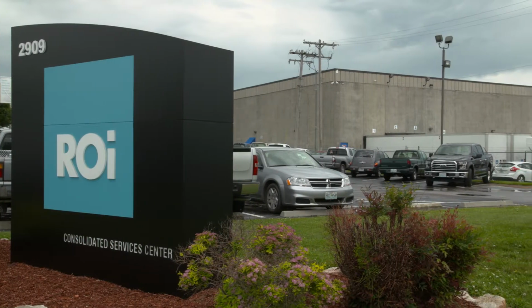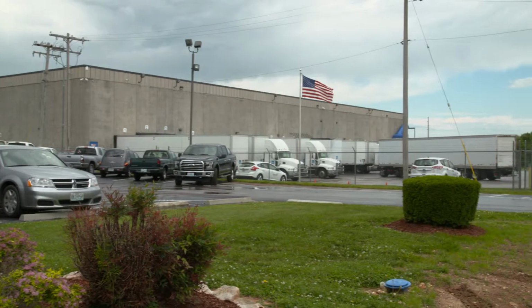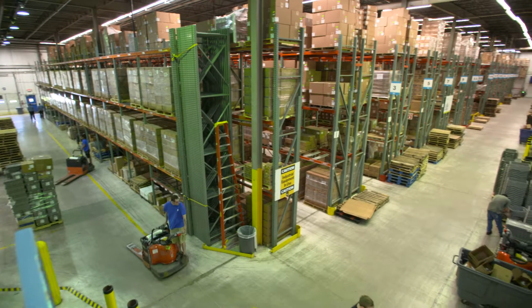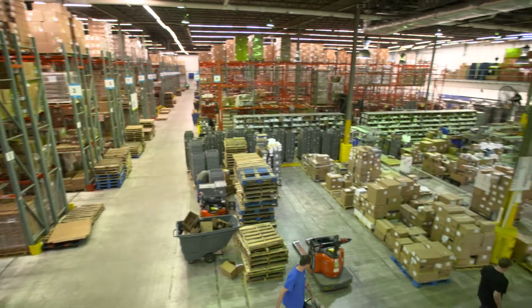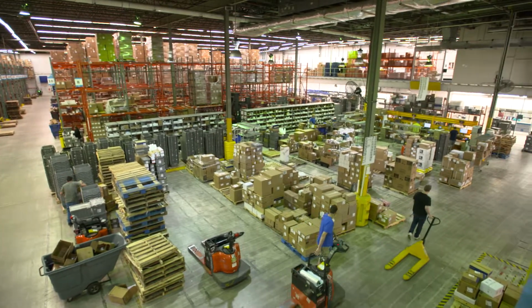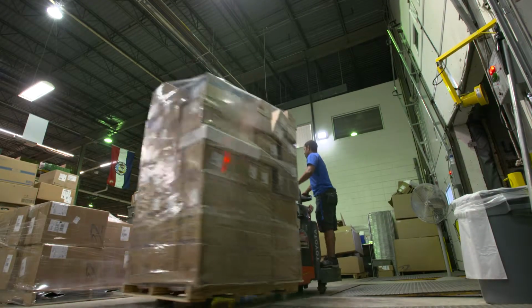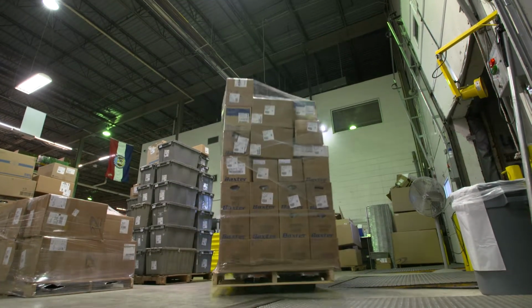ROI is the award-winning supply chain and logistics provider of the Mercy Health System, with its centralized distribution center located in Springfield, Missouri. It's one of the most sophisticated transportation networks in U.S. healthcare today. ROI has a completely integrated logistics operation that touches every aspect of the Mercy Health System's hospitals, clinics,